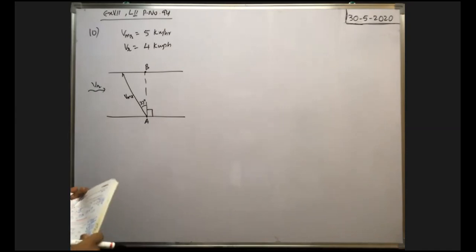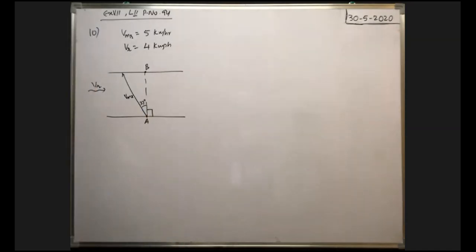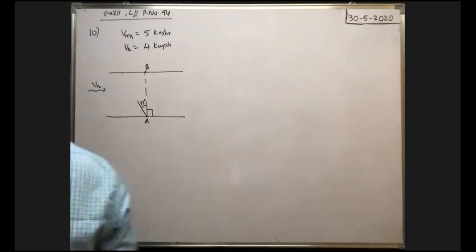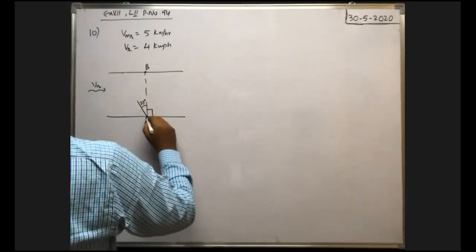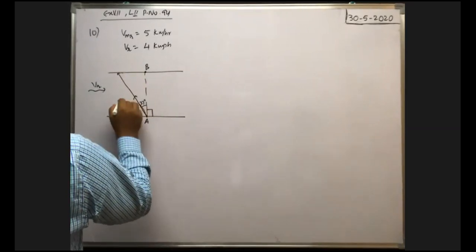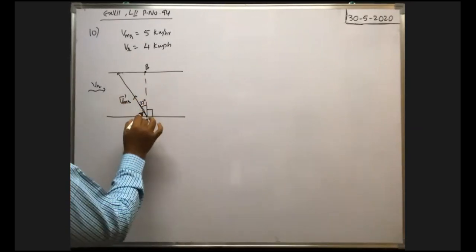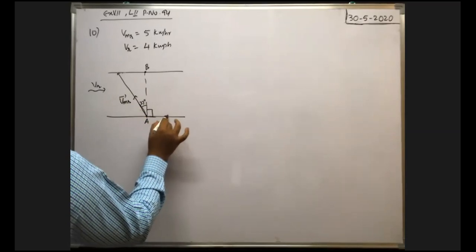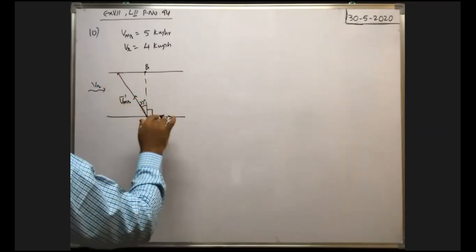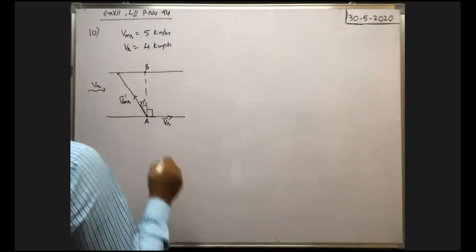Here, whenever the man swims in this direction by making a 37 degree angle with the shortest path, along this direction there is a velocity of the man with respect to the river. That means simultaneously on the man, two velocities are there. One is the velocity of the river in this direction, and VMR acts in this direction. The resultant of these two may be along this direction or may not be. In which direction it lies, we have to check.